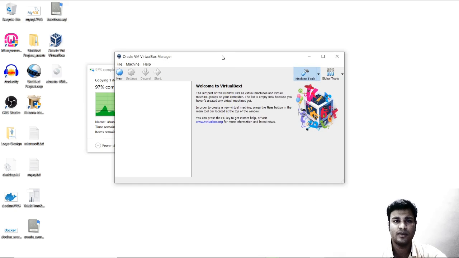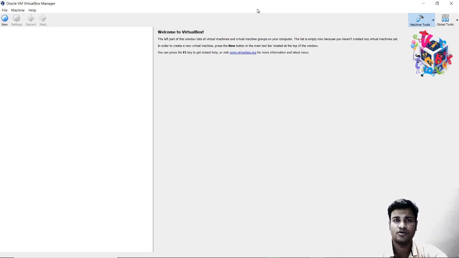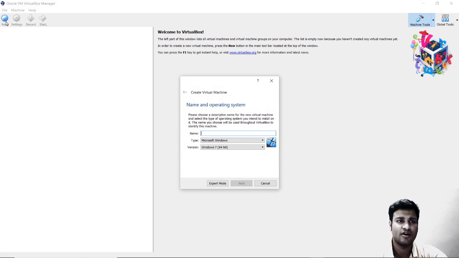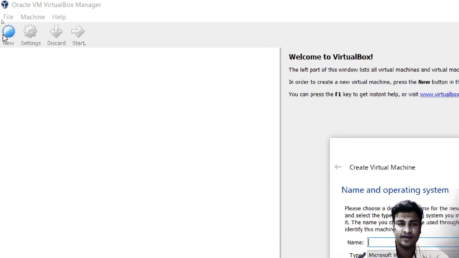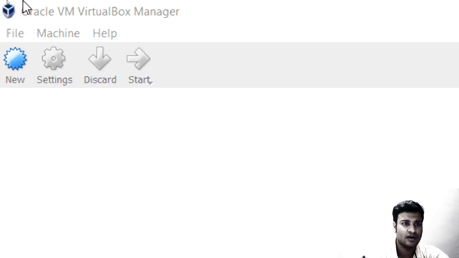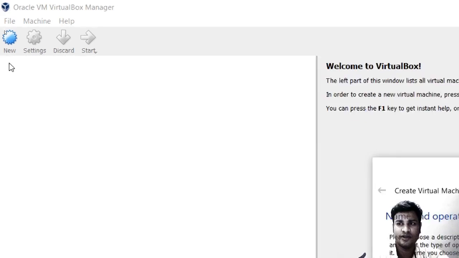Okay, so this opens up my VirtualBox. The VirtualBox looks something like this. This is an empty place. What you need to do is click on the New button over here. You can see the New button at the very left corner. Go and click on the New button.